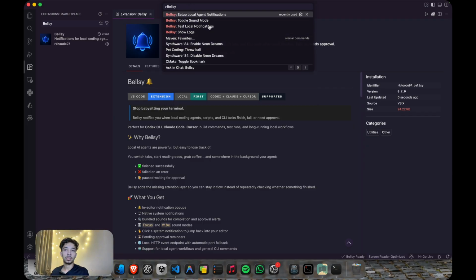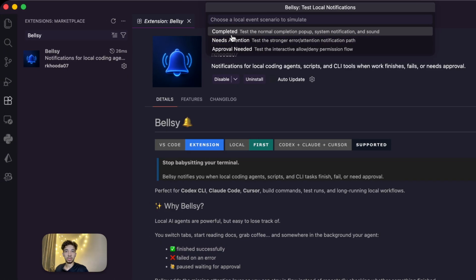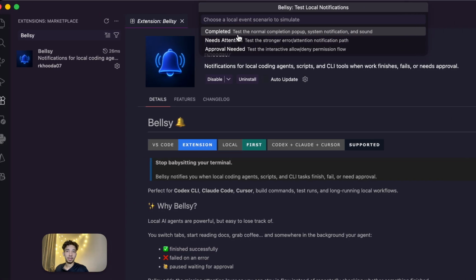These are the 4 commands which I made public. I hid the internal commands of debugging and all of that stuff. So these are the commands which will be of your use. You can see the logs and test the local notifications. So let's test it first. For the completed one, let's